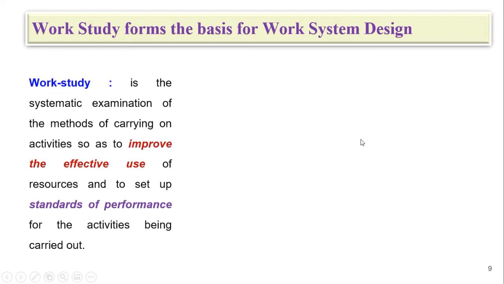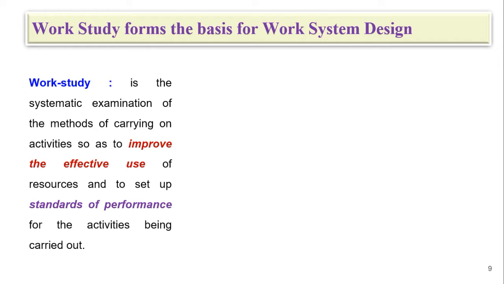So work study forms the basis for work system design. Okay, this is very important one. So work study is one of the techniques which is used to improve the productivity. Okay, so what is meant by work study?